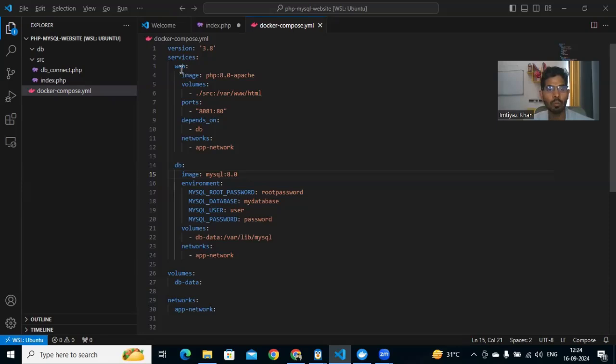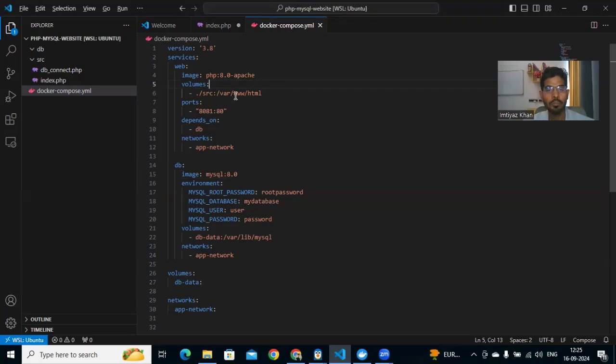So for PHP, web, and here there is an image tag which indicates that I am using the PHP 8.0 Apache version, and this indicates I am pulling this image from Docker Hub. All the images are stored on the Docker cloud, hub.docker.com,